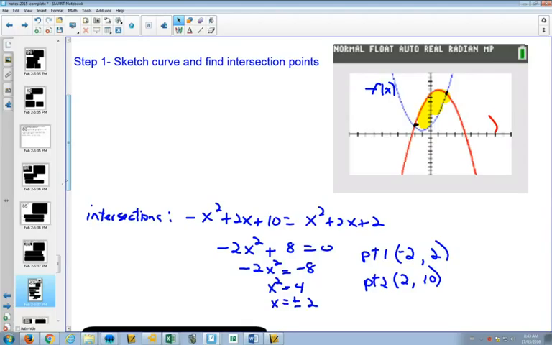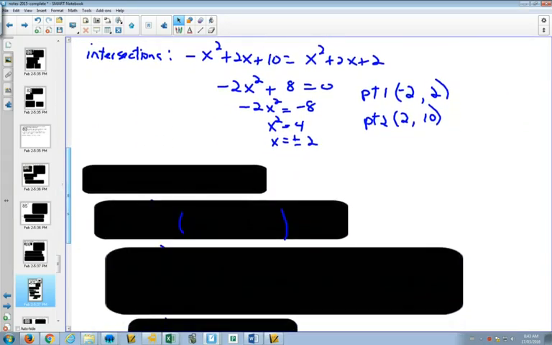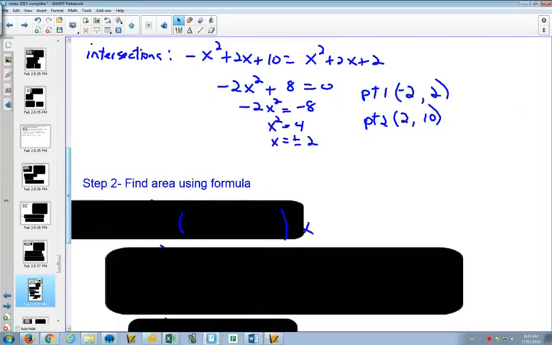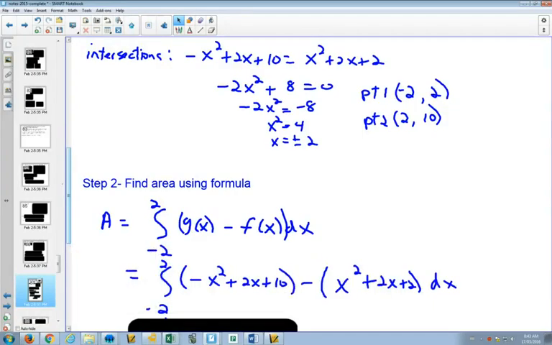That's going to help us set up our integrals for subtracting. And again, we're going to put the one that's going down first because that would be the function on top. If you screw up and put the wrong one first, it doesn't mean you have to redo all